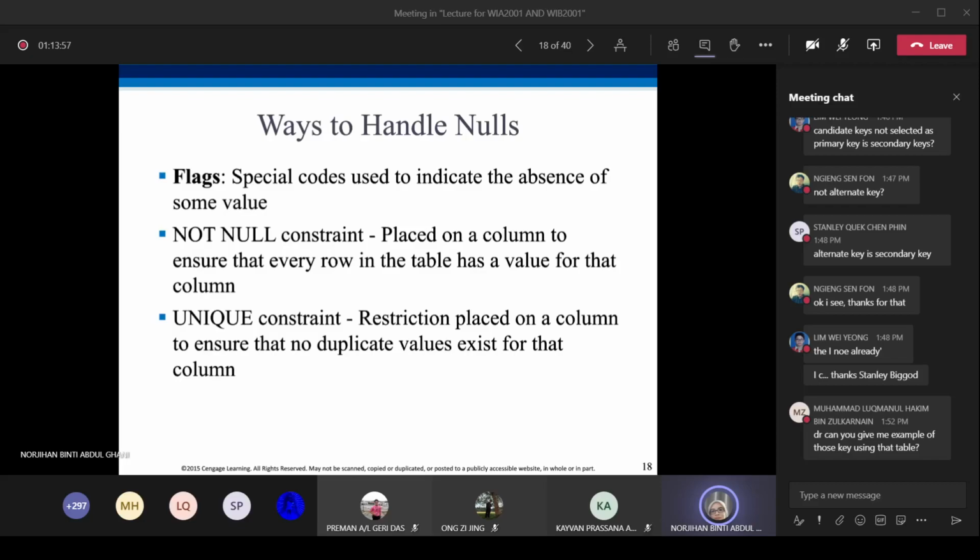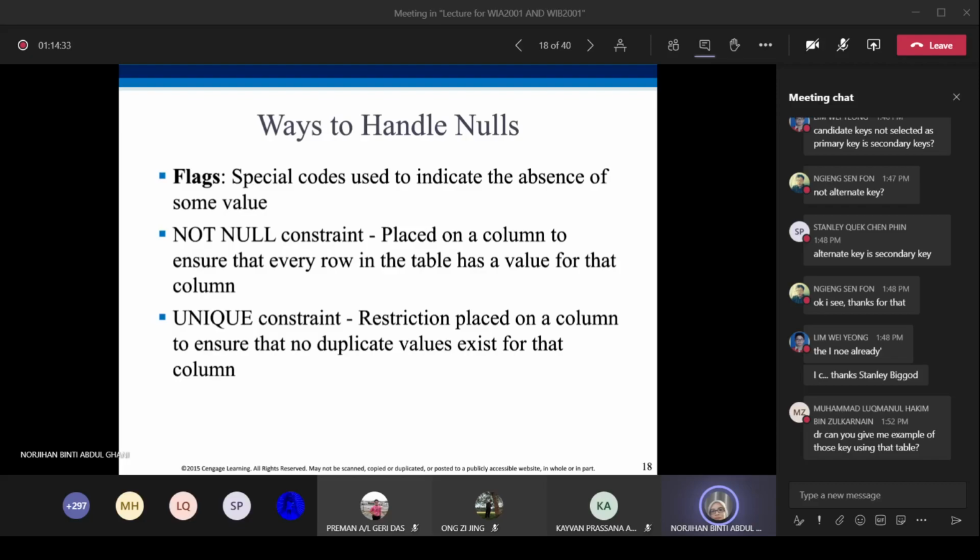So these are the approaches that you can use when you develop a database, the ways we can handle null values: either put a flag, which is a special code, or provide the not null constraint, or also a unique constraint. A unique constraint is a restriction placed on a column to ensure that no duplicate values exist for that column.